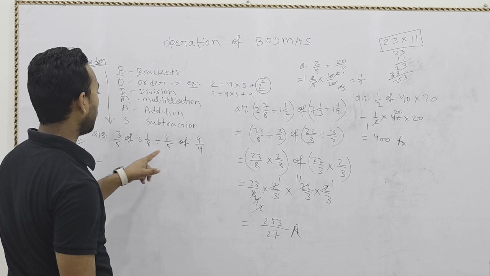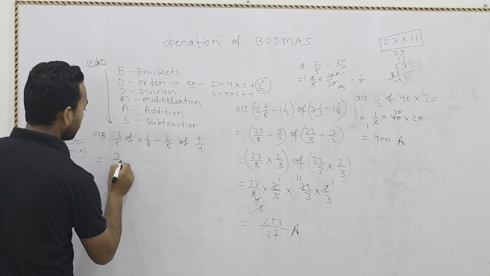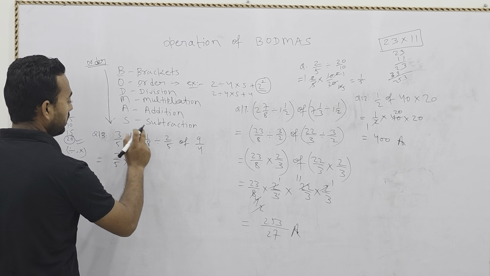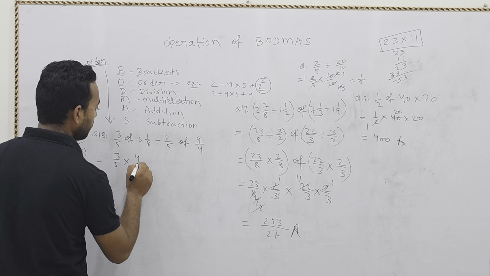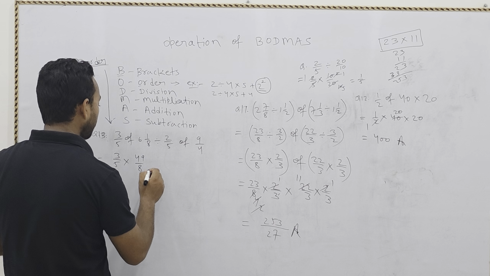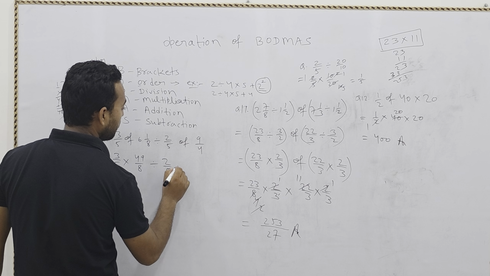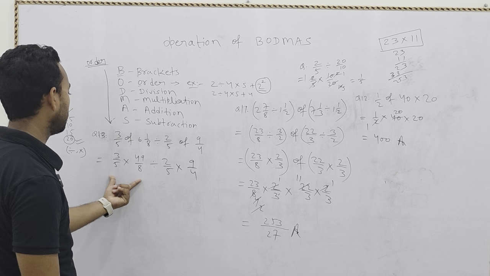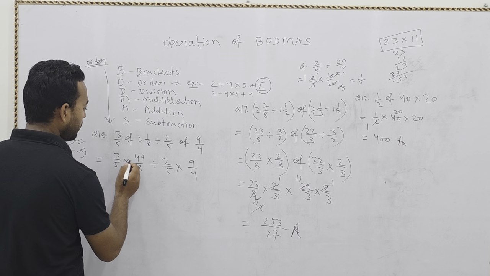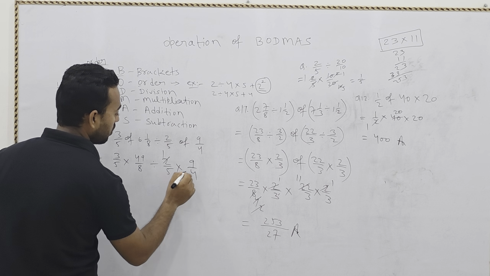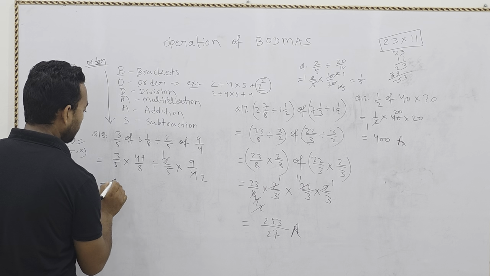First we will solve this of portion. Of stands for multiply. 8 times 6 is 48, and 48 plus 1 is 49. Now divide 2 by 5 multiply 9 by 4. We will solve this portion first, not the divide. Here it will not cut, it will cut, not cut. Here 2 and 10 cut once, and these cut twice. Now nothing will cut.